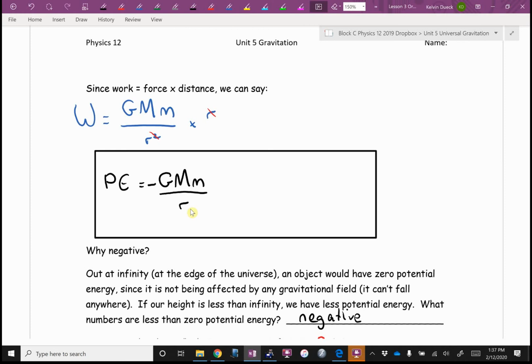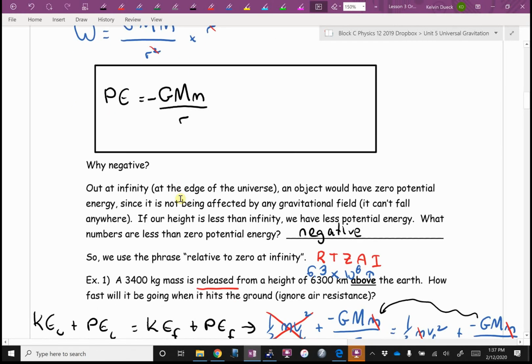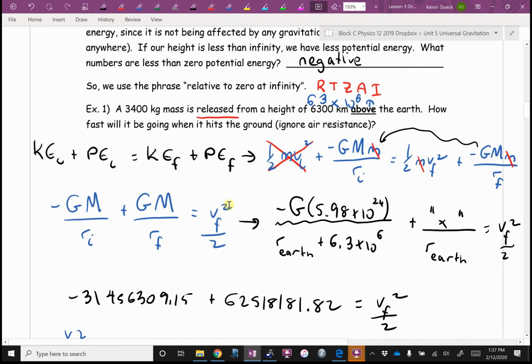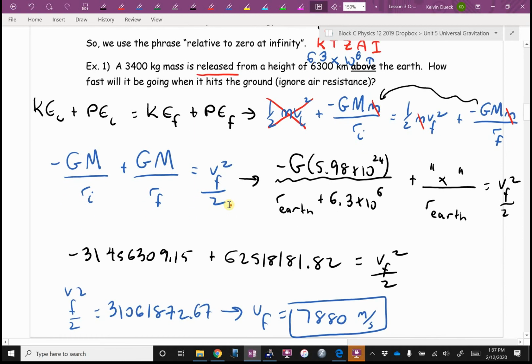But to get there, you would have to do work. You would have to add energy. So you would have to start with less energy to get to zero. What numbers are less than zero? Negatives. We did one question where we used conservation of energy, and we said, unfortunately, it's just a lot of